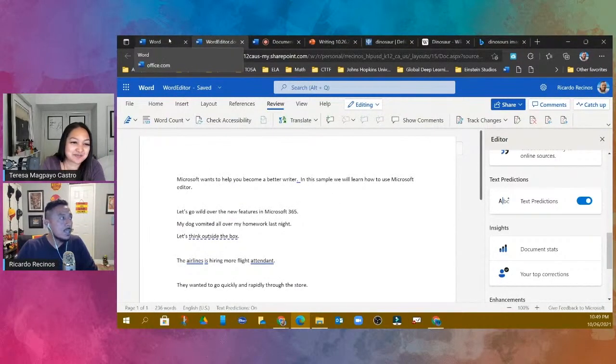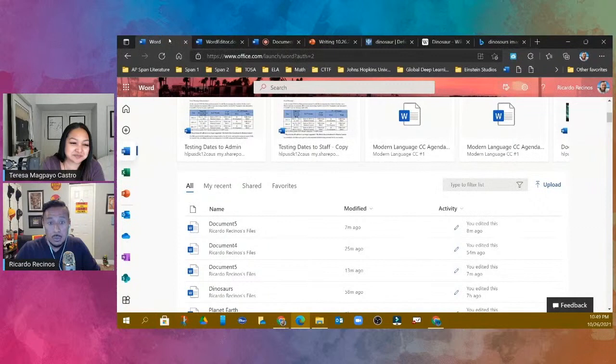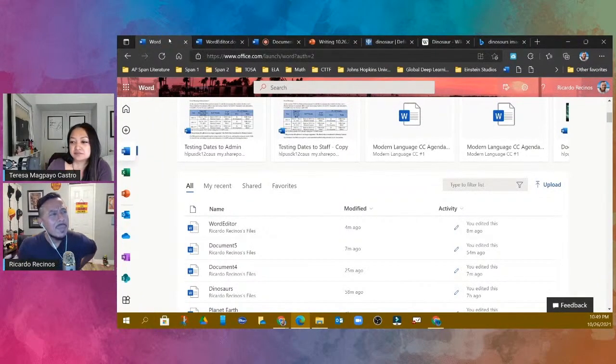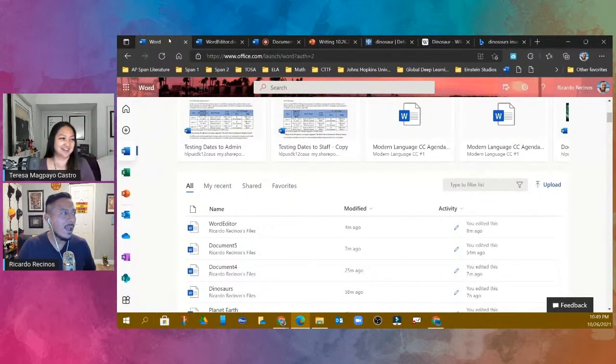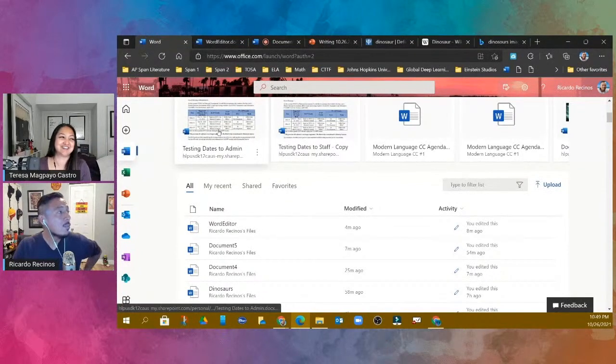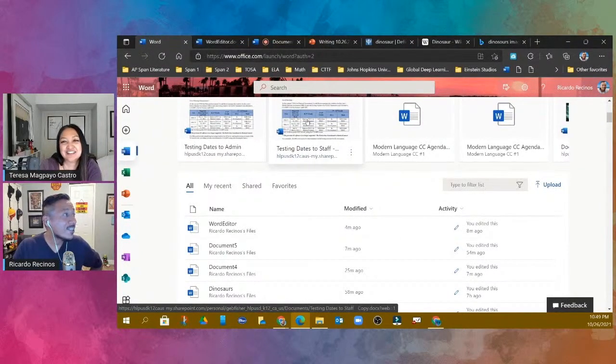Right. In addition to what we saw with Editor, they also have something called similarity reports, okay, which is a great tool for our students to be able to check and make sure that they're not taking something from the internet or from somewhere else and using it as their own work. So to make sure that they're not, what would you call it, Teresa? Borrowing or plagiarizing? Plagiarizing, right? I can't say it, but it's the truth. But let me show you how that will work.